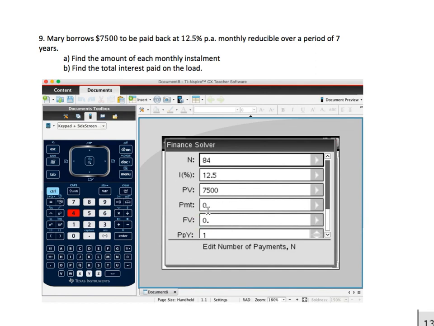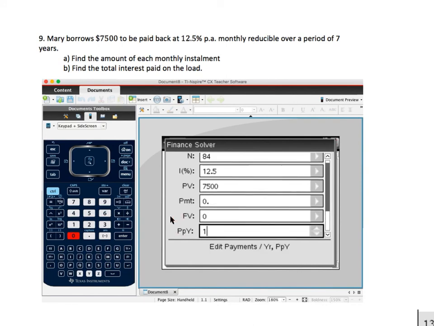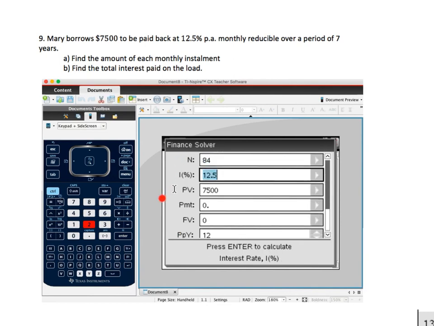The future value is 0. I need to pay all that I borrowed back, 12 payments per year, so that's compounded 12 times. And now I need to find my payments per month. So if I press enter here, I find that I will need to pay $134 per month. How much do I actually pay? Is